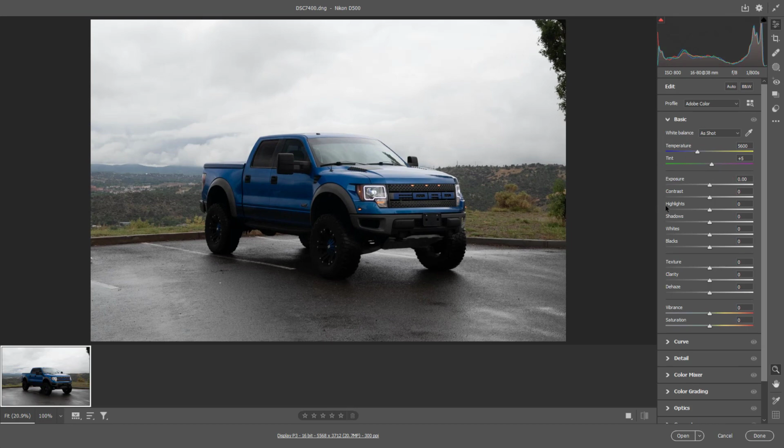You can also go full screen, and then you can make the edits as you like right here, and then you can open, open as an object, or open a copy of this, as you can see right here. So this is Adobe Camera RAW, and this is how you can access it through